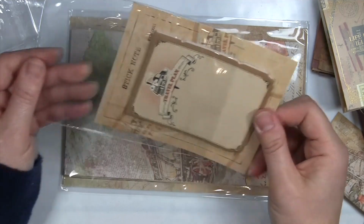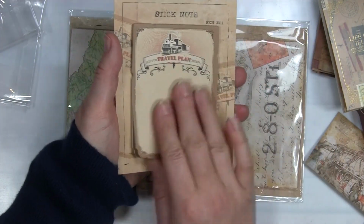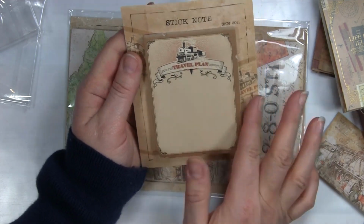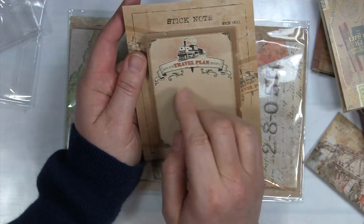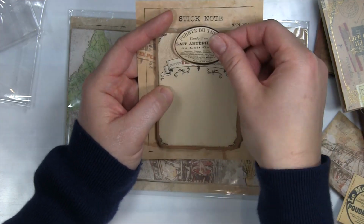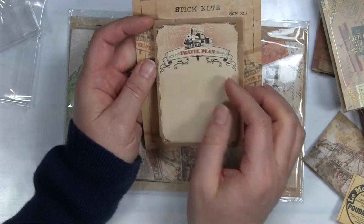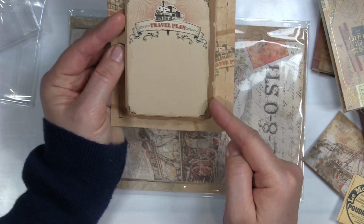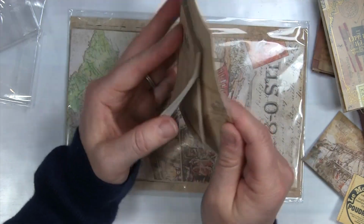What do we have here? It looks like sticky notes, or commonly called post-it notes, travel plan. Oh, again, this is really great. Even if you don't love trains, this is really great for a travel journal. It kind of fits the travel theme, you know, and if you don't love the train, pop a sticker or something right on top of there. This one's a little bit big, but you know what I mean? You can just cover up the train if it doesn't quite fit. The rest of this is very neutral. Love that it has kind of a unique shape here. And then, of course, it's just sticky on the top part, so you can use it